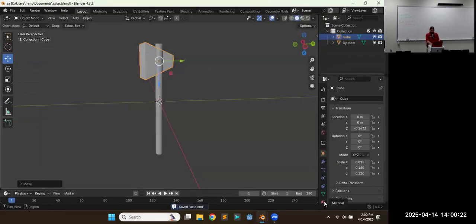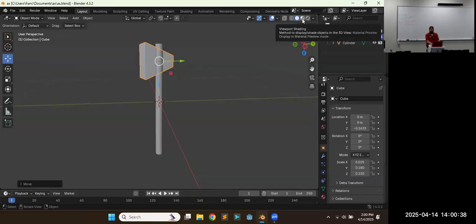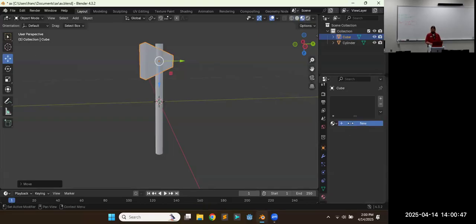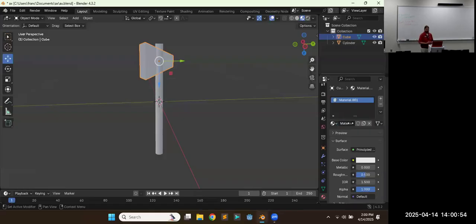And we can look at it quickly before down here at the bottom. This thing looks like a beach ball. That's our materials tab. And then up here at the top left of the viewport, these buttons change how we're viewing it, whether it's wireframe or just the solid shape or view our materials. And then we saw before we can choose materials for it. So for an axe, we'll create a new material,